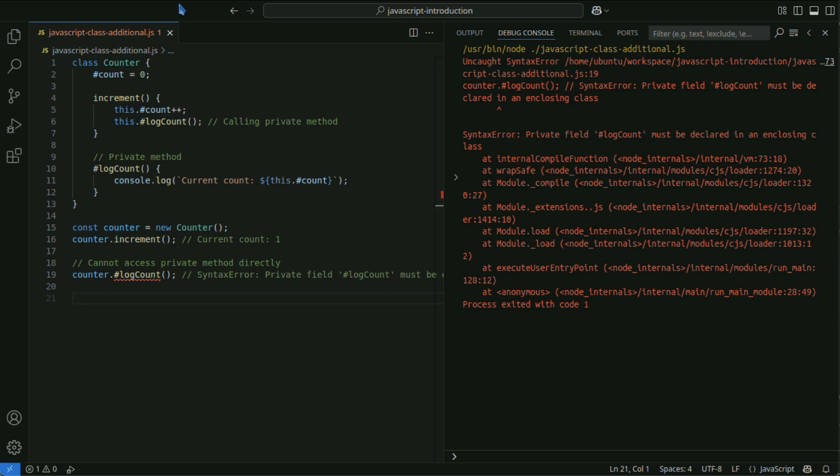Prior to the introduction of private fields using hash, JavaScript did not have an official syntax for private properties. Therefore, in the past, pseudo-private properties were implemented in the following ways.